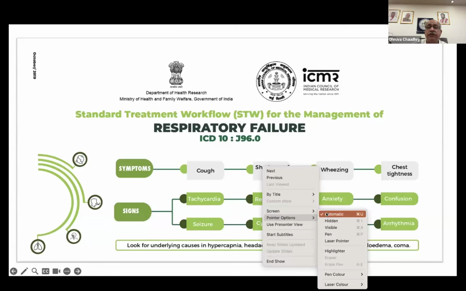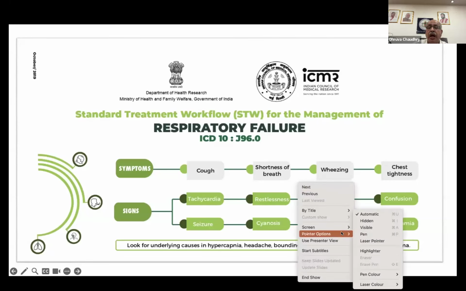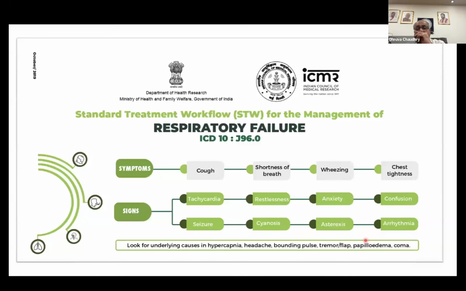Shortness of breath is when a person starts feeling a little out of breath, which they were probably not aware of before. You may or may not have wheezing or chest tightness. If you do have wheezing or chest tightness, then probably these are airway disorders. In airway disorders, we commonly have chest tightness, like in acute severe asthma. Even in COPD, you will have a worsening of cough, shortness of breath, and wheezing.